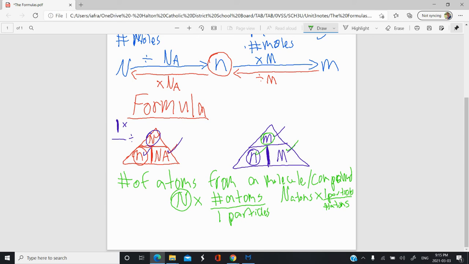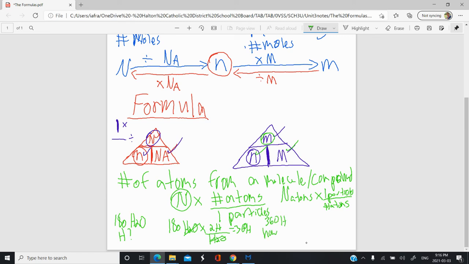So examples here, let's say we had 180 water molecules, and I asked you how many H atoms are there. You would do 180 water molecules times 2 H atoms per H2O. Cross that out, you get 360 H. If, on the other hand, I said you have 360 H,